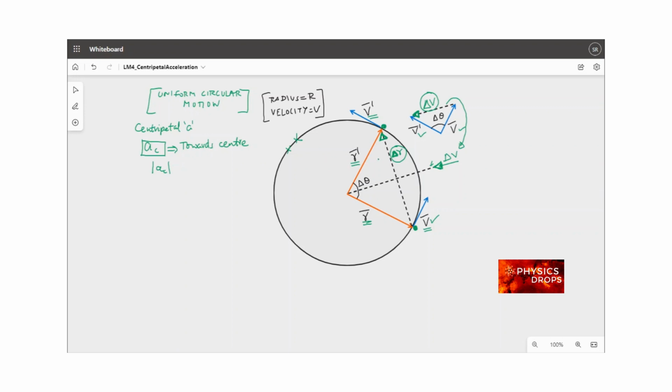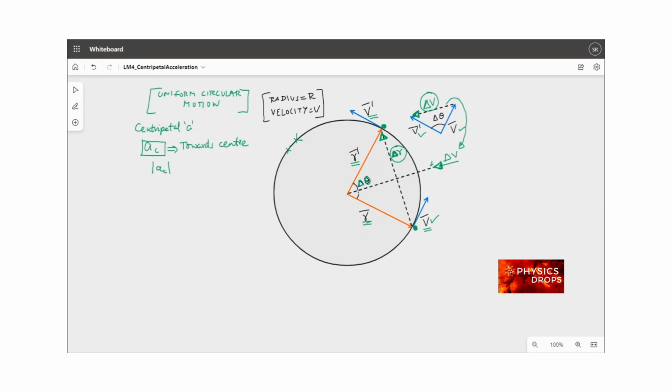Now, let's use similarity of triangles here. We have this orange triangle, the position vectors triangle, and the blue triangle, which is the velocity vectors triangle. Both have the same angle. When the object moves from initial position to final position, there is an angle delta theta which is formed between